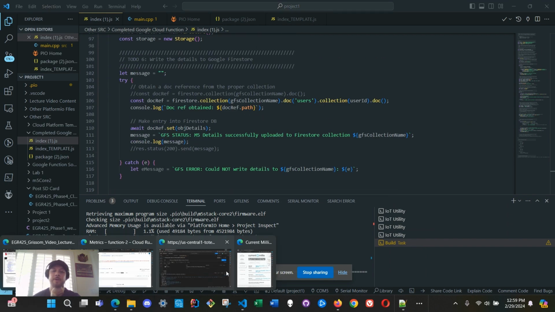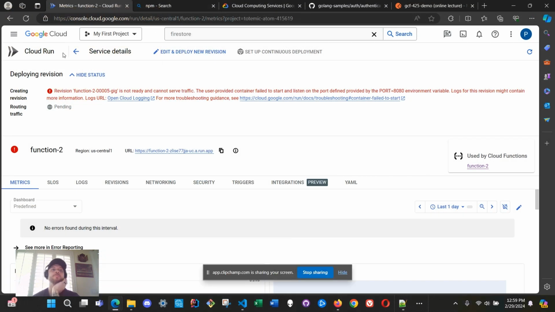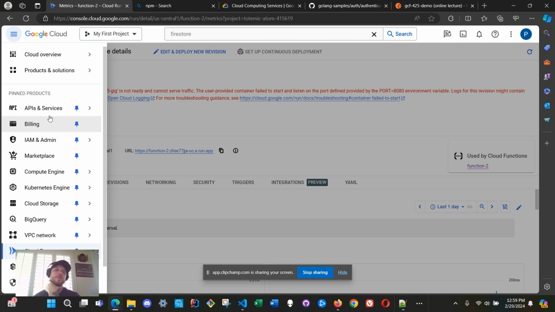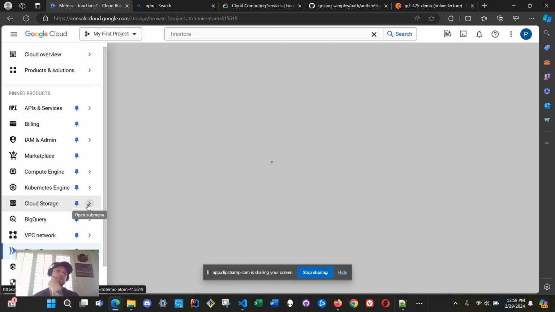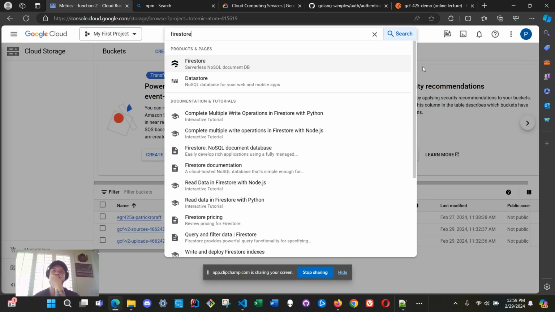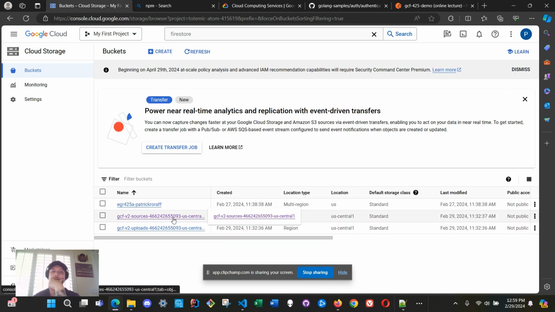The first two videos were all with Google Cloud, going back and forth between our function, storage, and Firestore, and using all three to understand how to implement all three,